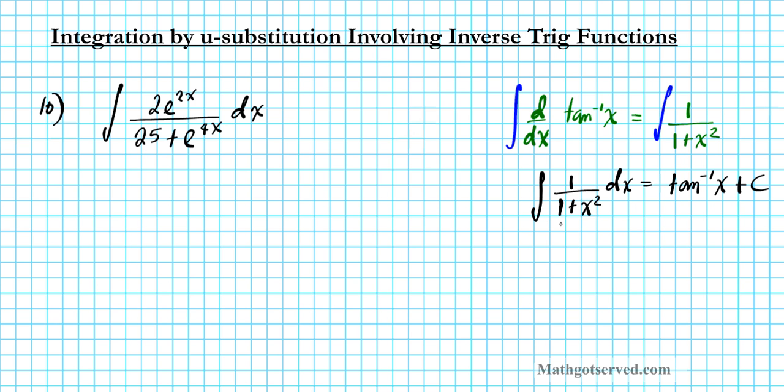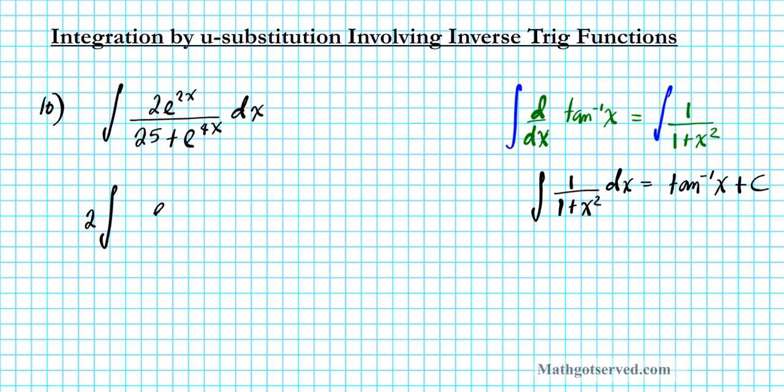Okay, so let's take a look at the denominator of this integrand here. You have 1 plus x squared. So we can express this as a square without a problem, but this 25 has to be a 1. Okay, so in order to accomplish that, we will have to factor out 25 from the denominator. And we also have a 2 upstairs here. So let's go ahead and factor out the 2 using the multiplicative rule for integrals. So you take out the 2, and then you have